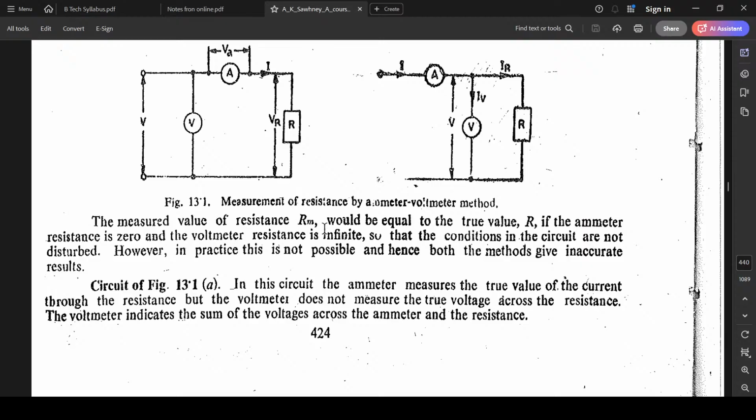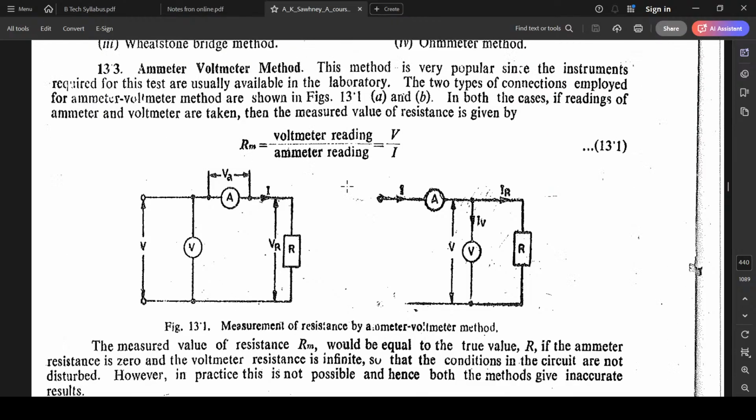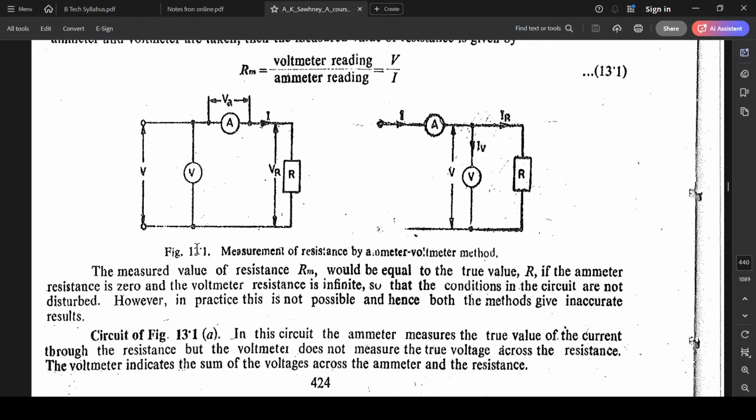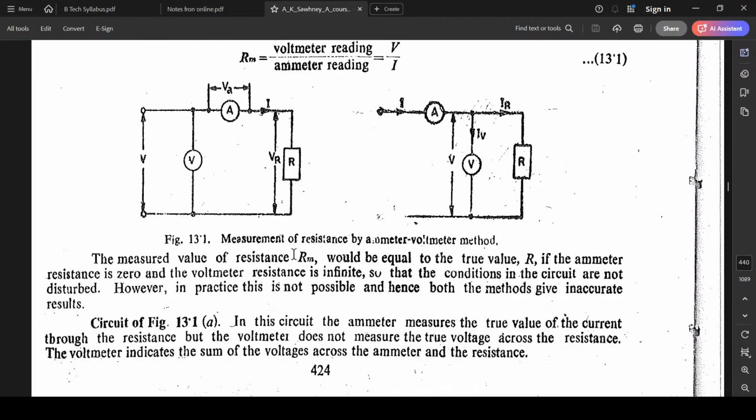The measured value of Rm, that is this Rm. Why is it saying RM? What does M stand for? It should not be... Okay, so RM, guys, it's R measured. See, you have to figure out the notations also by yourself. The measured value of RM would be equal to the true value